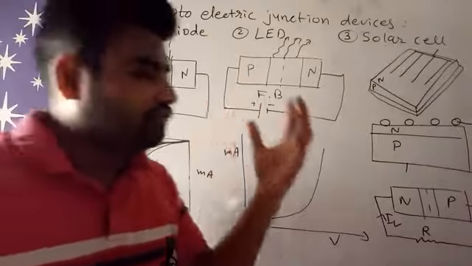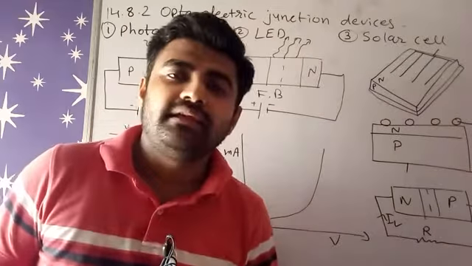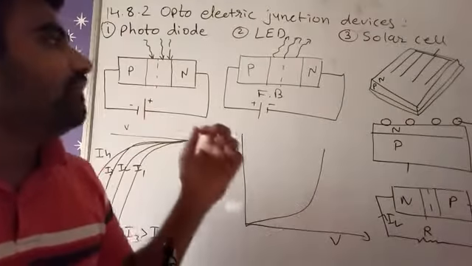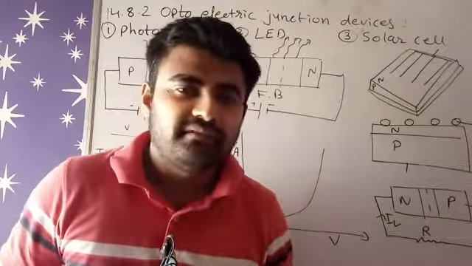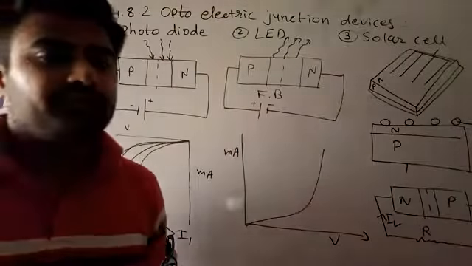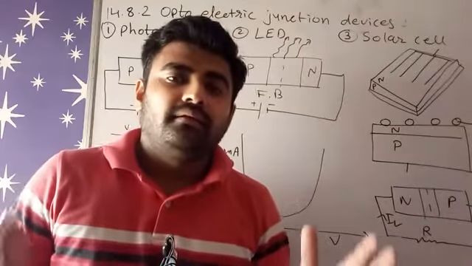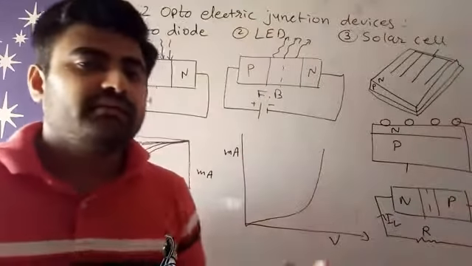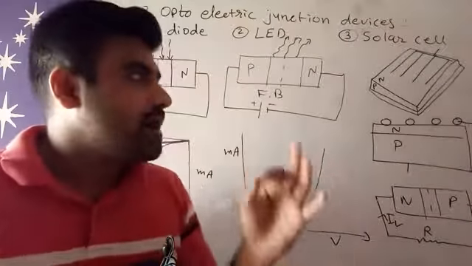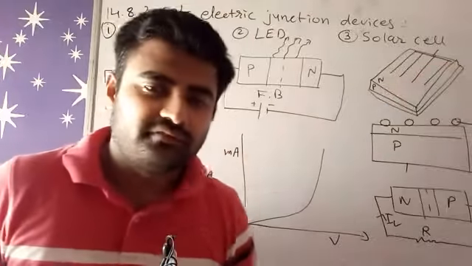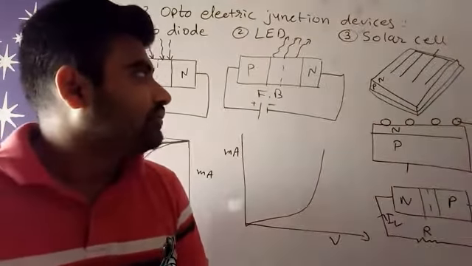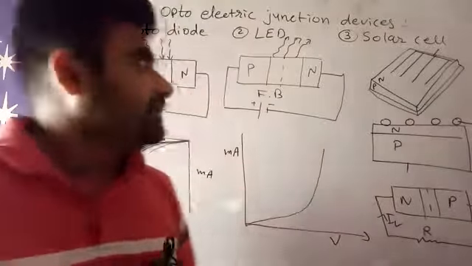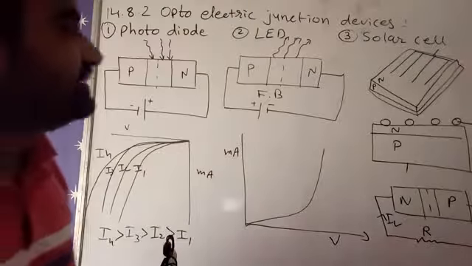The solar cell is very easily available. With a solar cell we don't have monthly bills, just maintenance charges for that cell. The primary condition for a solar cell is that sun rays must fall properly on the surface of the solar cell. So these are the points of the solar cell. So that is our optoelectric junction devices.